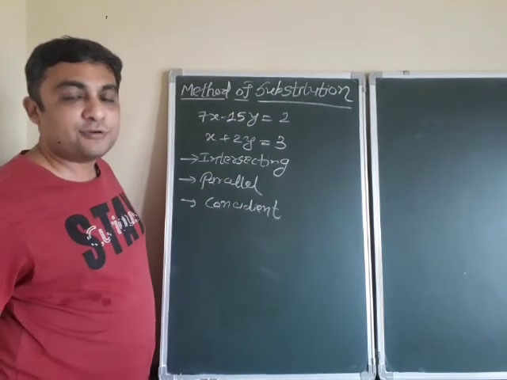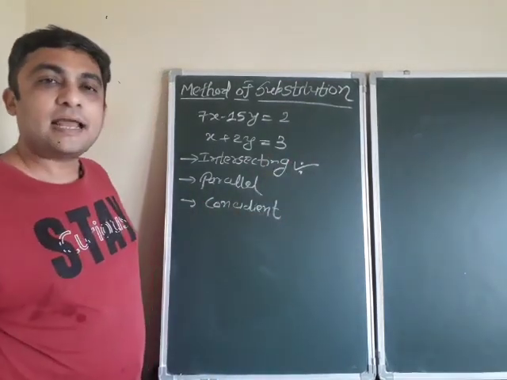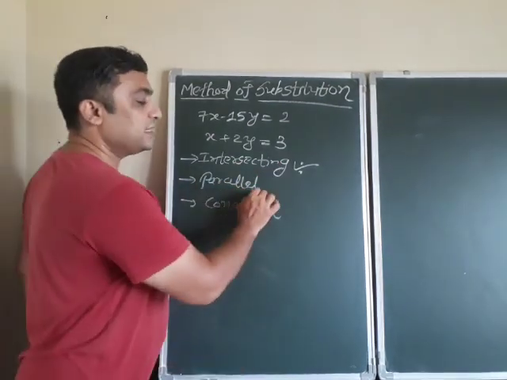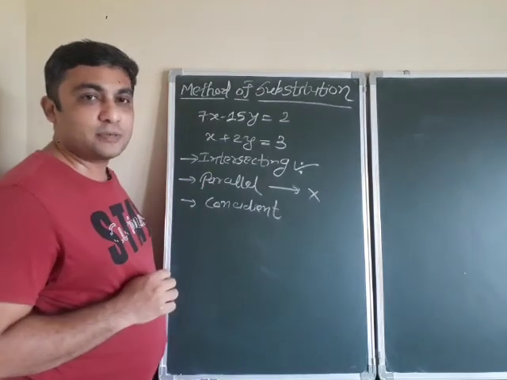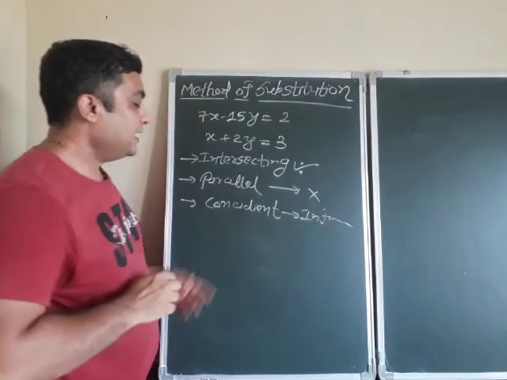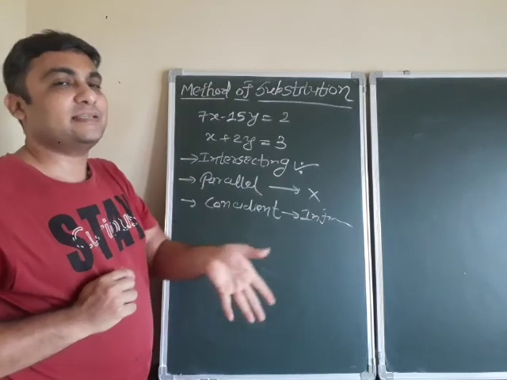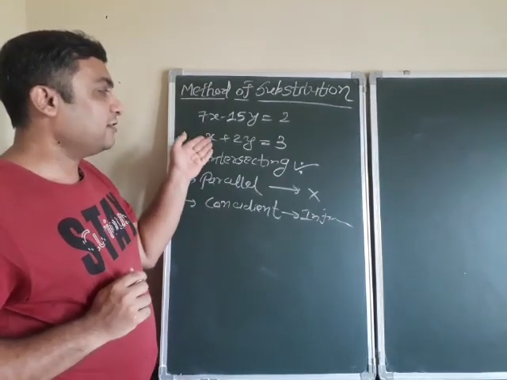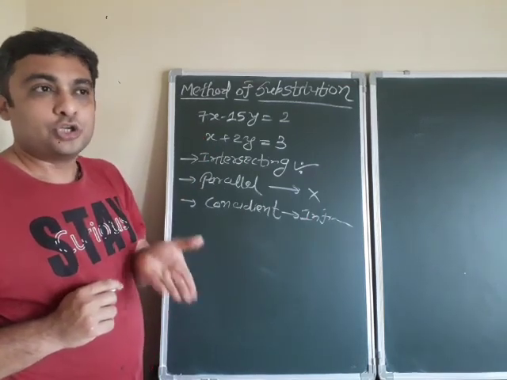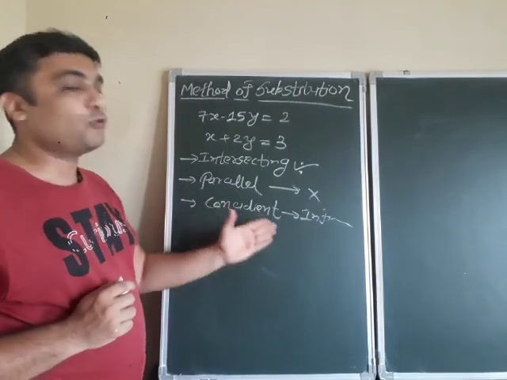When we solve the linear equations by using the analytical method, we accept that the lines are intersecting, because in the case of intersecting lines only one solution is possible. In the case of parallel lines no solution is possible, and in the case of coincident lines infinitely many solutions are possible. In fact, in the case of coincident lines, the equations of both lines you will find to be the same equation. If you divide one equation by a particular constant, then the first equation and second equation will be the same. So there is no need to solve that. By looking at the equations only we can identify they are coincident lines.